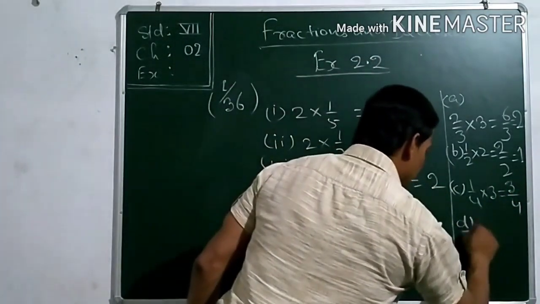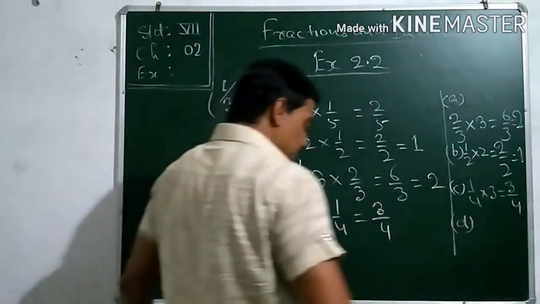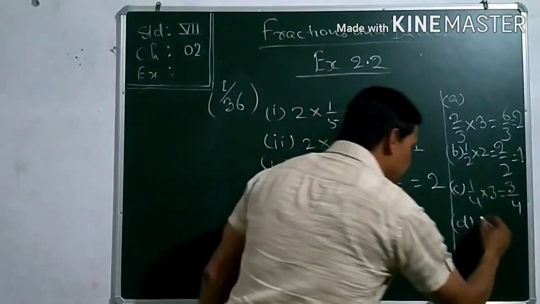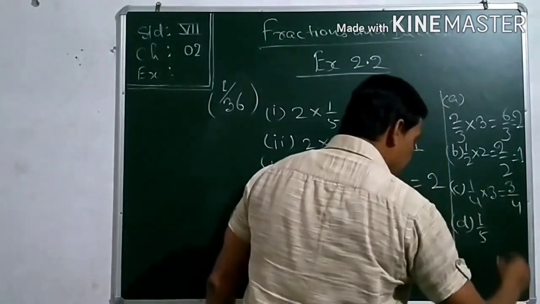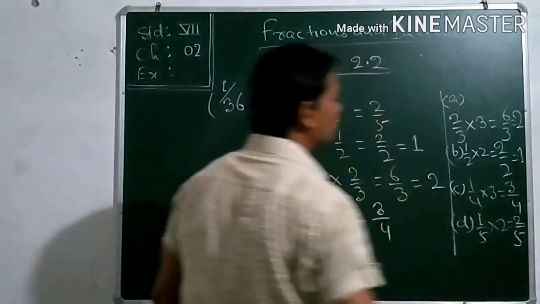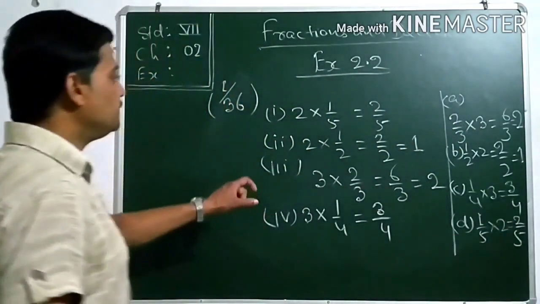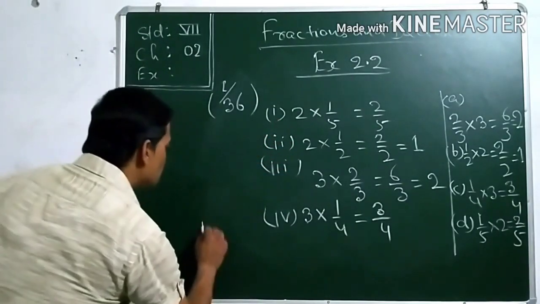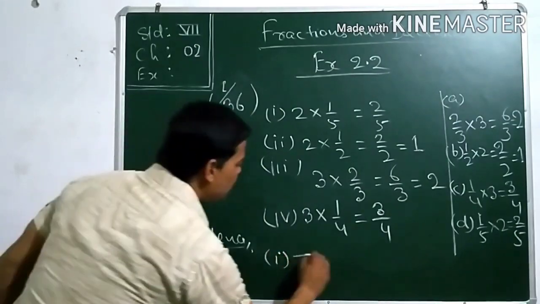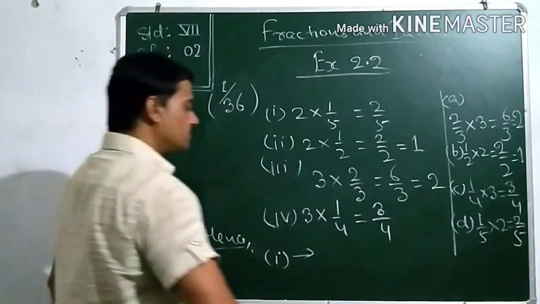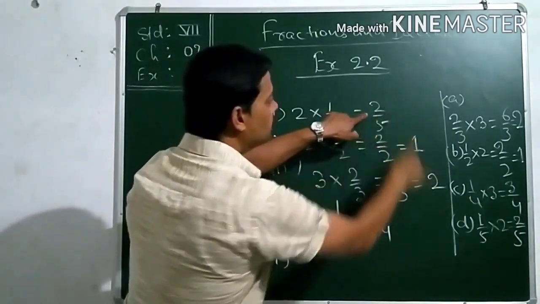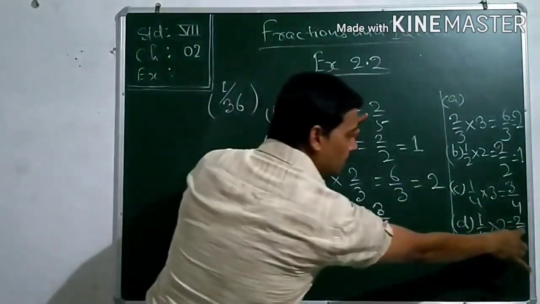And in the D number, you are getting 1 part out of 5 is shaded, so it will be 1 by 5 and only 2 circles are there. Into 2 equal to 2 by 5. See here, now we can match them. Hence 1 will match to the 2 by 5. Find out whether it is 2 by 5. D.